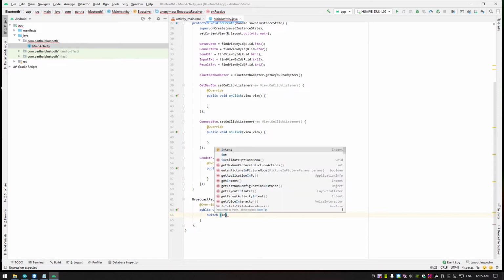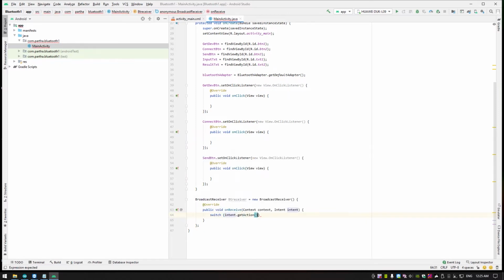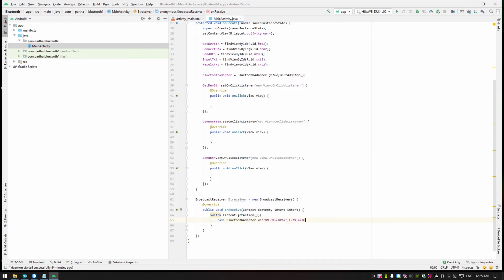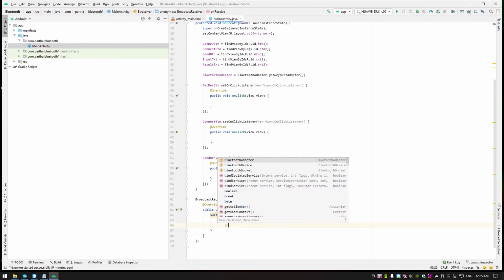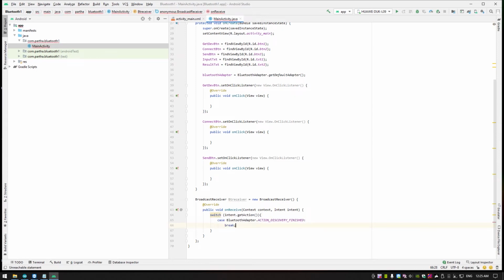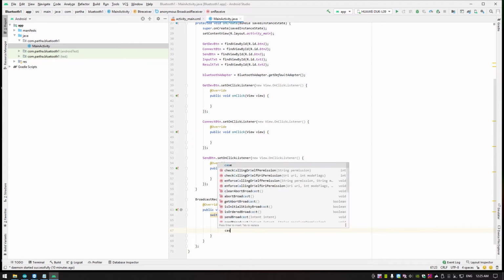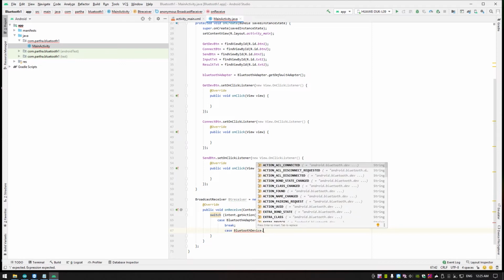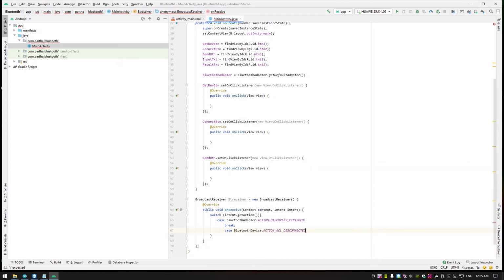What you have to do is get the intent.getAction. So what we need in our example is the action BluetoothAdapter.ACTION_DISCOVERY_FINISHED, because only if the discovery is stopped should you establish a connection, otherwise it may sometimes fail. This is needed, and in case it got disconnected, you should not run the message parsing, it will crash. So BluetoothDevice.ACTION_ACL_DISCONNECTED. These two are enough.